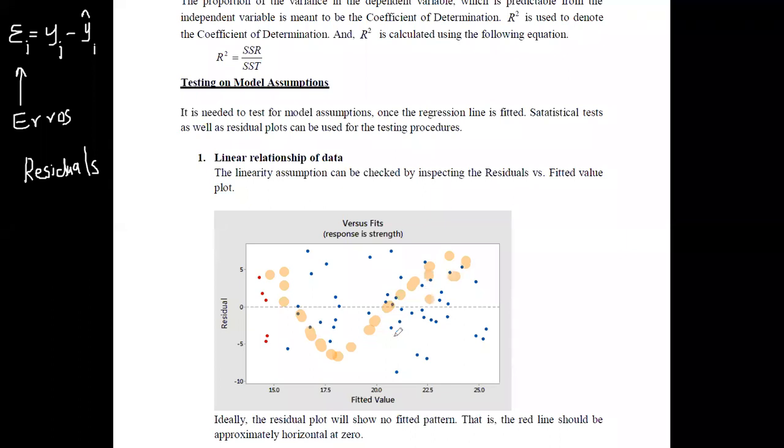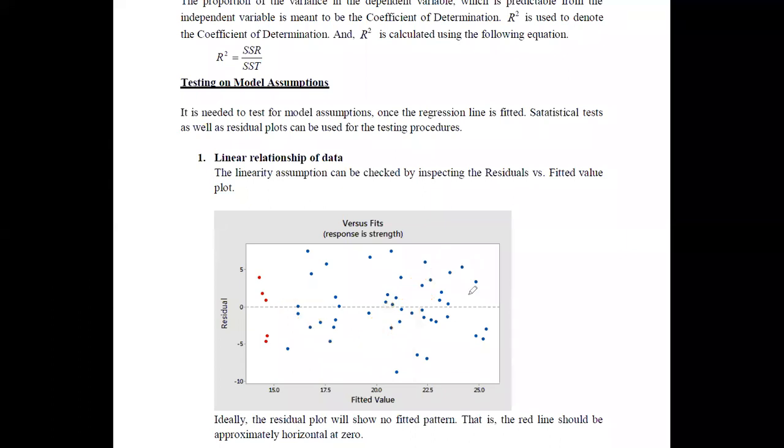There is a specified pattern in the residuals versus fitted values. In such a case, you can say that the linearity assumption is violated. Otherwise, if you can see that there is no pattern in this plot and the points are in a random way, the assumption holds.